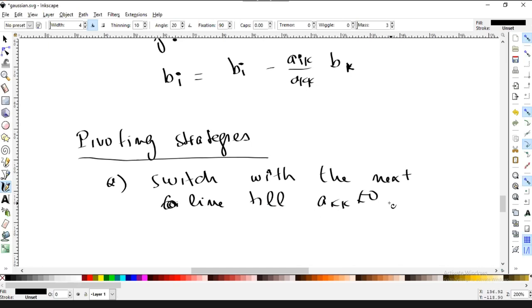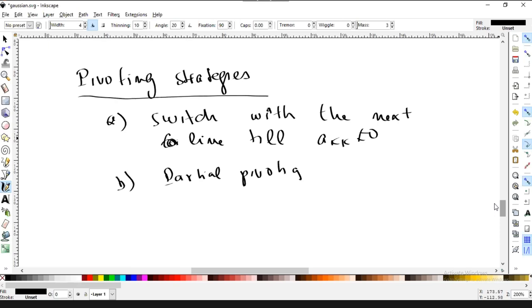There is another method that is called partial pivoting. Let's say at the step K, or step K minus 1, your matrix is A11, A1M, and then here you get